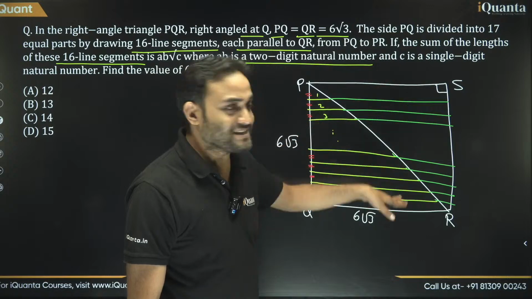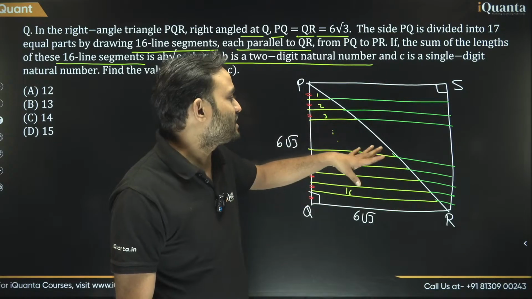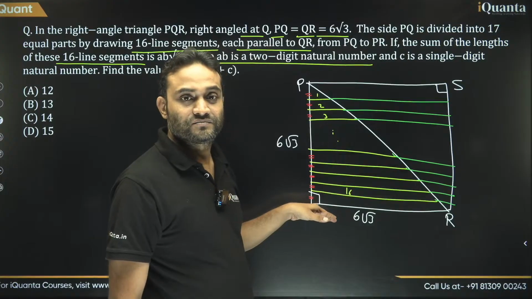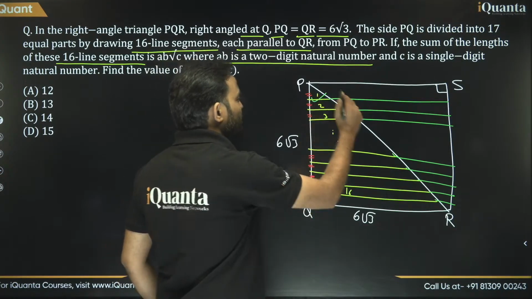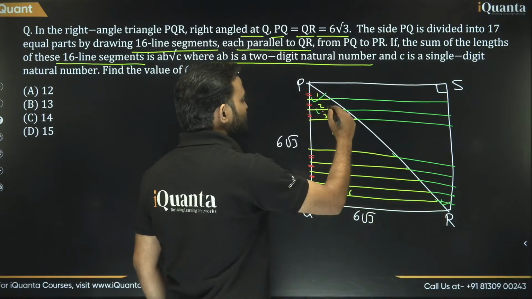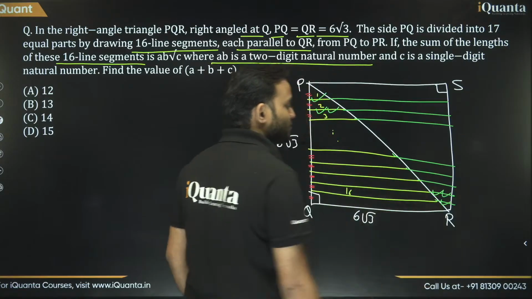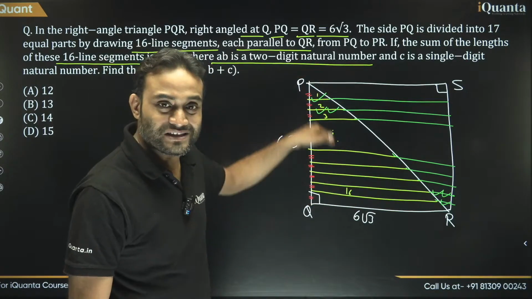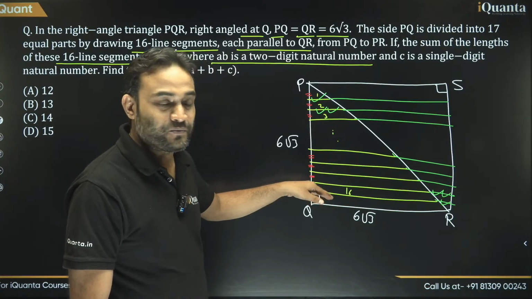All of these line segments will be equal in length, and this whole will be equal to QR. And this will be equal to this one. This will be equal to this one. So basically, we have nothing but the sum of the lengths of all these 16 will be equal to 8 times,